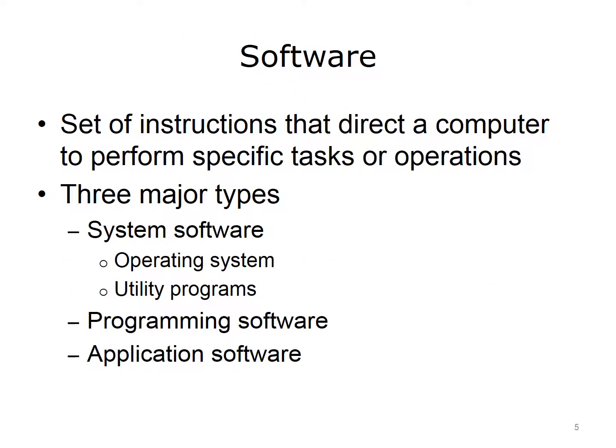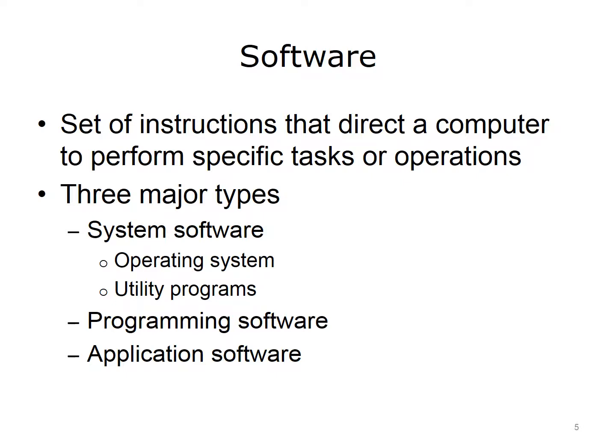This lecture provides a definition of the term software and describes the major types of software. Broadly defined, software is a set of instructions that direct a computer to perform specific tasks or operations. Software is what makes a computer usable. There are three major types of software: system software, which includes the operating system and utility programs, programming software, and